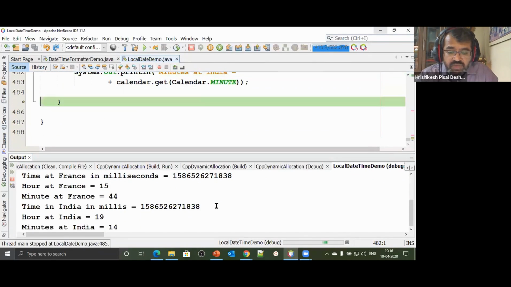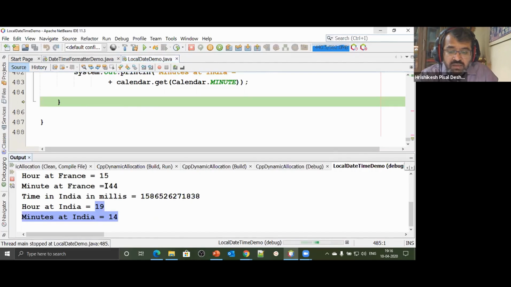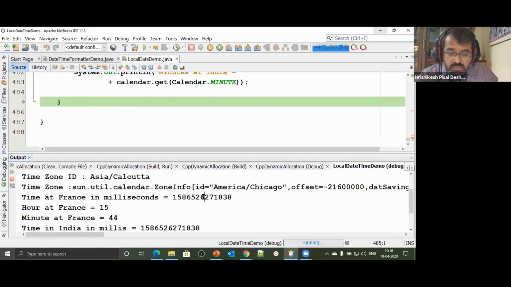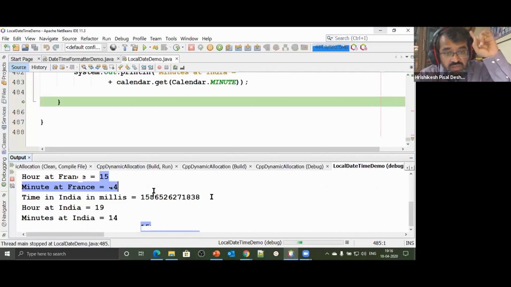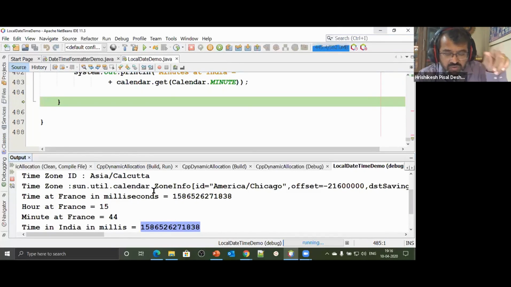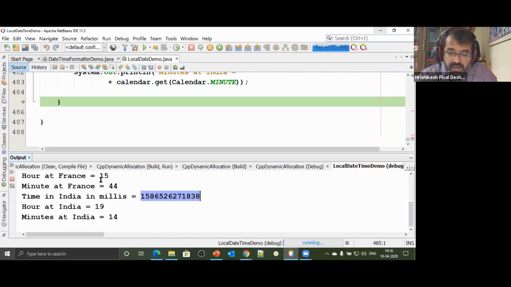When I say minute of the day, it says that means 7 hours 14 minutes. Whereas उसी के लिए look at this number 8652627183. अरे ये तो वही थे, number of milliseconds दे रहा है. So this number of milliseconds for Greenwich Mean Time UTC zeroth one, that zeroth one that means the time zone which you have UTC I think is 0, yeah Greenwich Mean Time is 0, so one which passes somewhere around England यहाँ से कहीं से pass होता है, so somewhere around that. तो वो मिली सेकेंड है 1 जनवरी 1970 से लेके, and according to French it is France it is 3